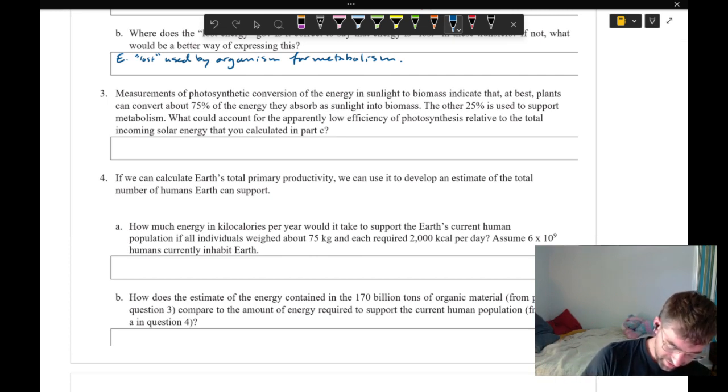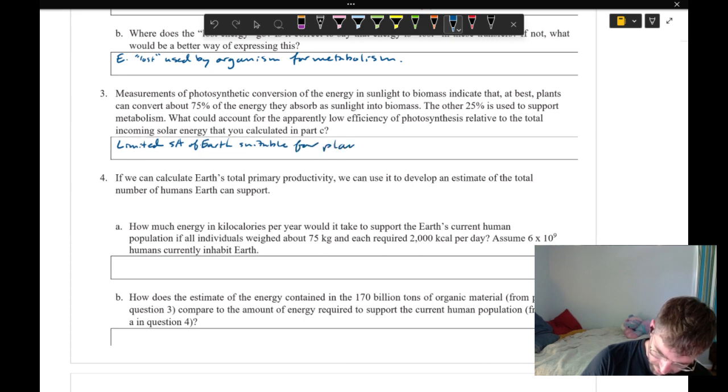So again, the apparent inefficiency of this is simply due to limited surface area of Earth suitable for plants,